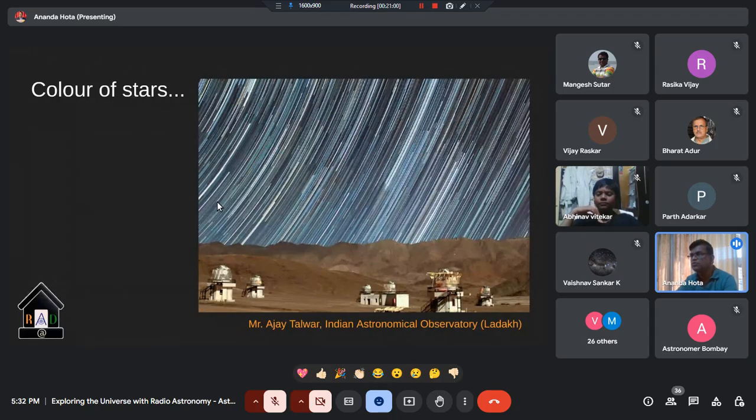Because it is exposed to several hours or so, each star is taking a track. Whenever the exposure finished, they are of different brightness, different color. So simple question, why stars in the sky are of different brightness? Why stars in the sky are of different color?